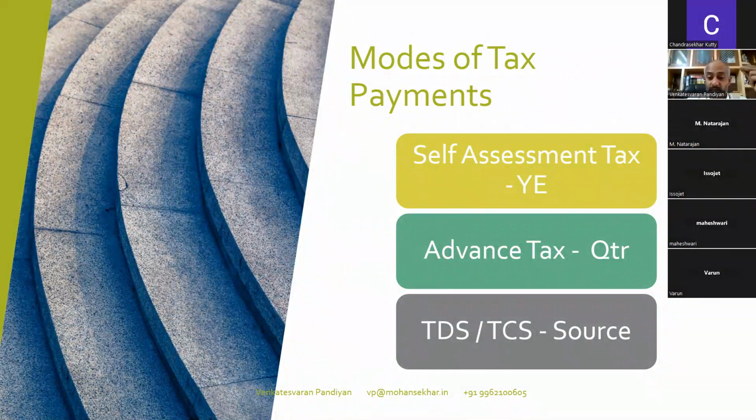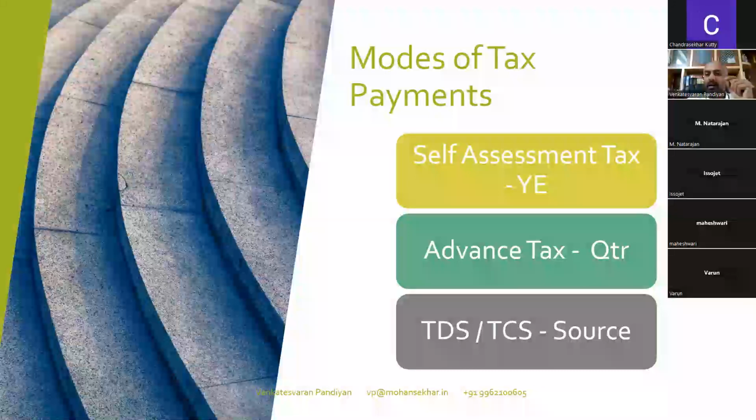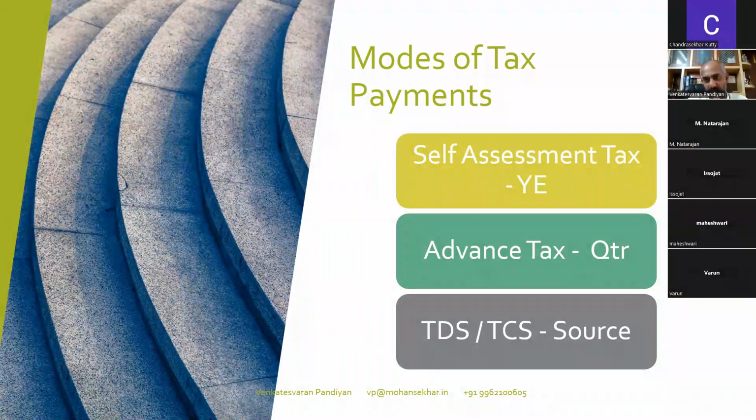And in the case of TDS, there is also another motive with TCS, whereas with self-assessment tax and advance tax, the objective is straightforward collection of the tax payable by the taxpayer. TDS and TCS also come with another motive. The motive is that the moment tax is deducted or collected, and this amount is remitted and a return is filed, which we will discuss in detail,